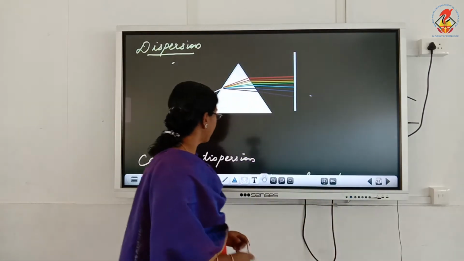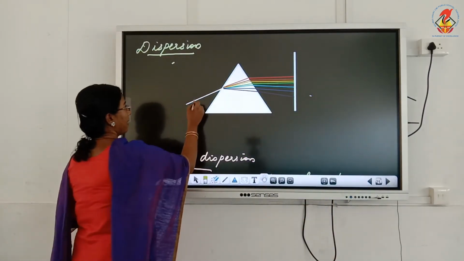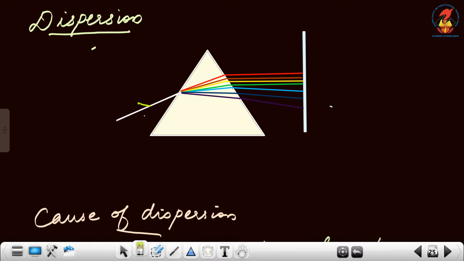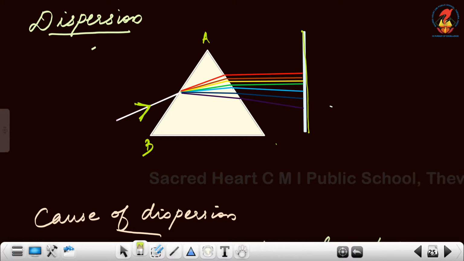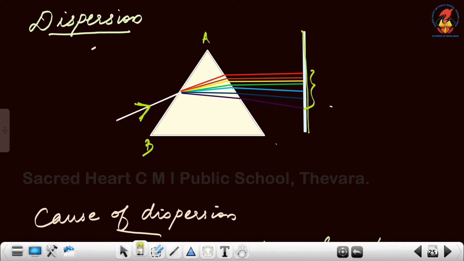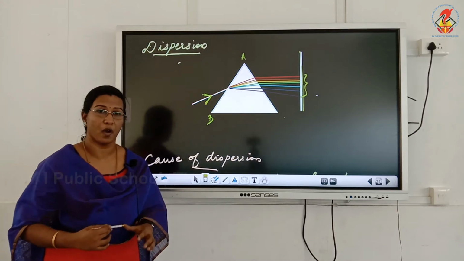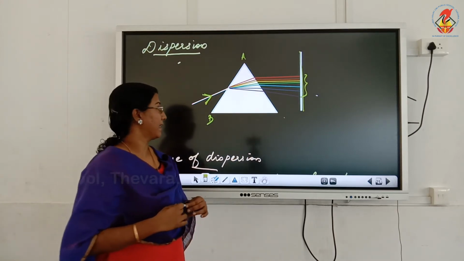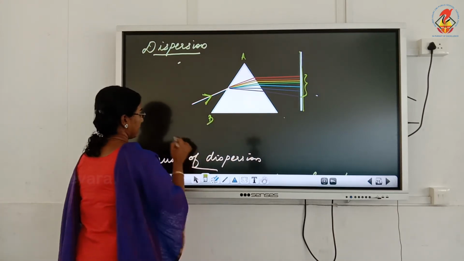Now what he did is, he took a prism, made white light incident on the prism, and on the other side of the prism a screen was kept. We observed that the white light which was sent through the face AB of the prism, when it reaches the screen, is split up into 7 colors, and thus he said that white light is made up of 7 colors. And the process of splitting of white light